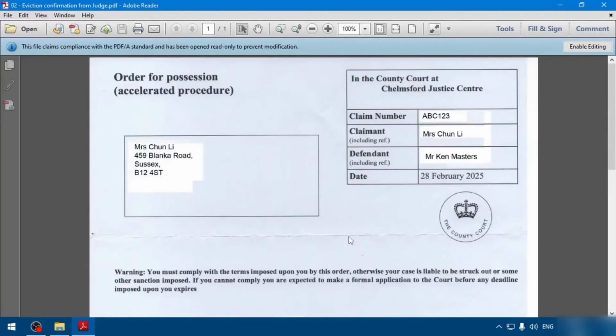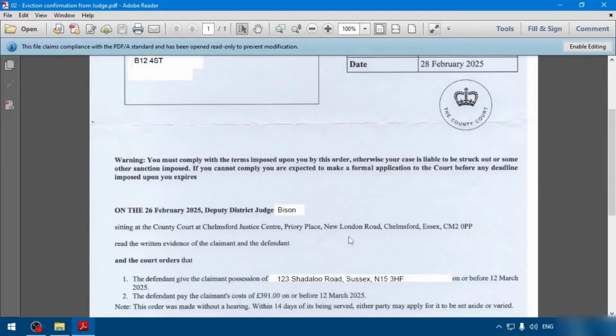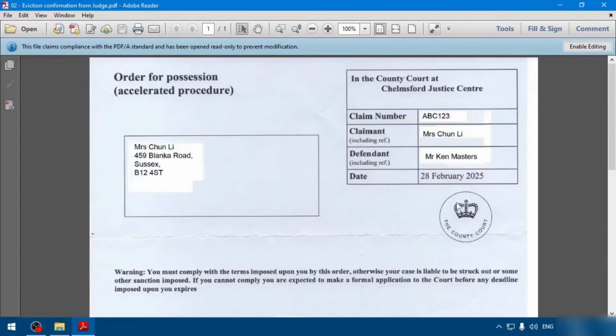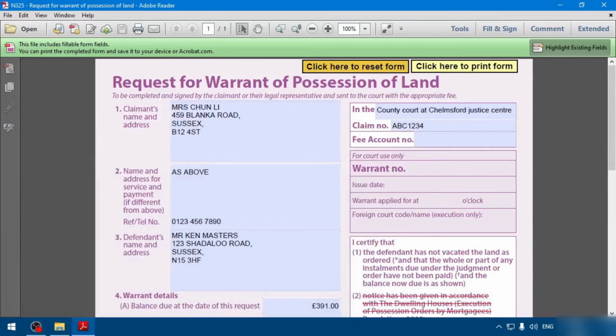So inevitably the date of the 12th of March came and went, and of course, as usual, the difficult tenant did not leave. So what do you do? You would do the following. Right, so the defendant hasn't left. Surprise, surprise, they're still at your property. So you have to now